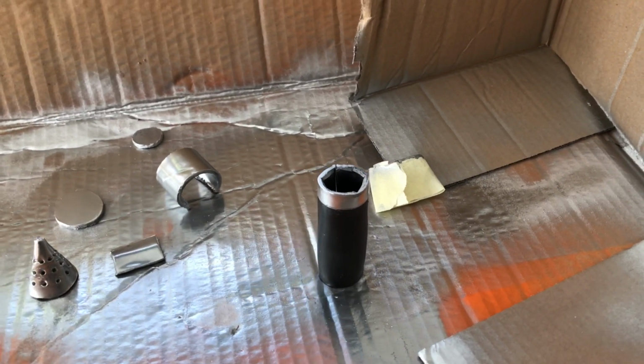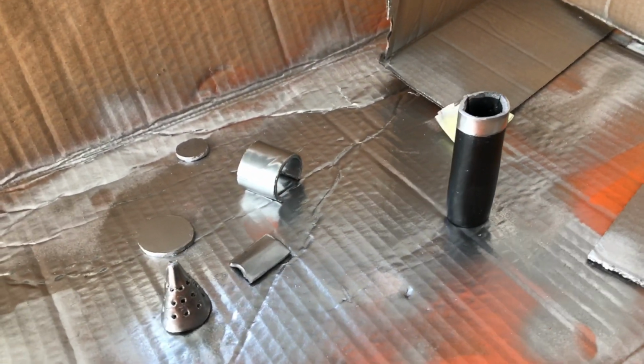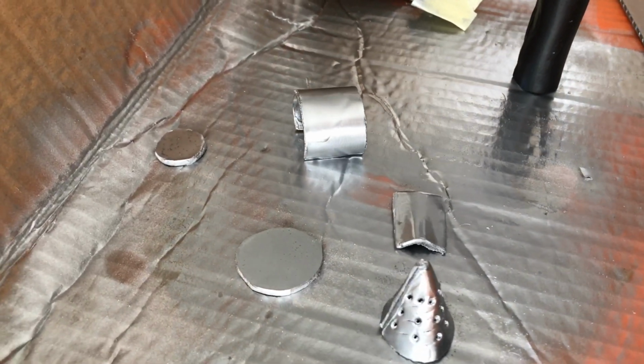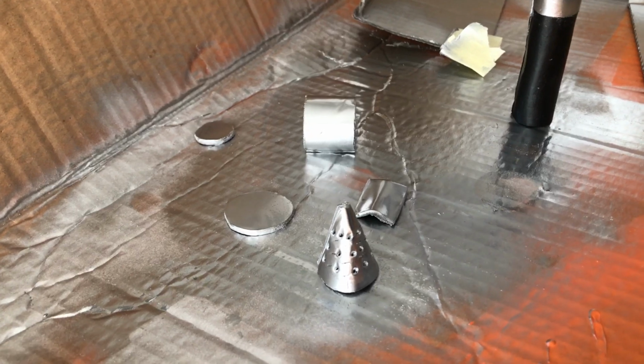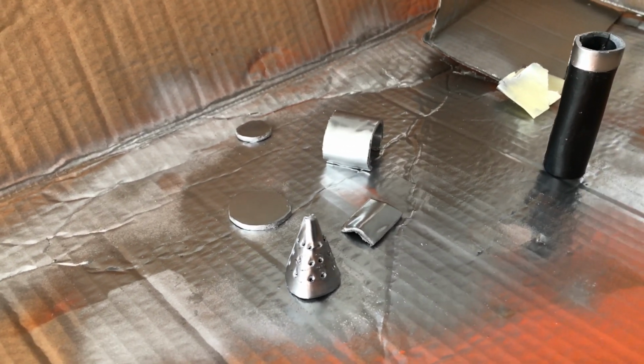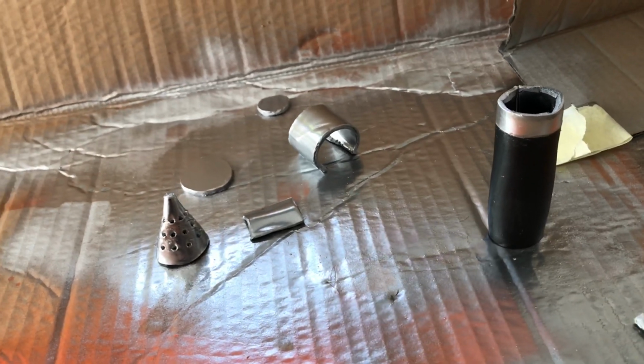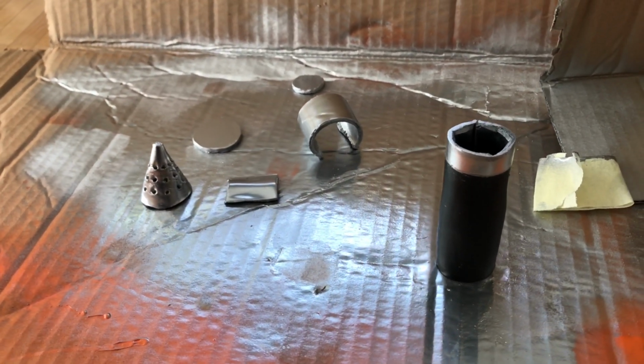During the second coat, I also spray painted a tiny ring around the main cylinder piece, just for the accent. I really like how this paint turned out. It's not super shiny, but it does have that metallic feel. If you decide to spray paint the cone, spray paint it upside down so that the paint doesn't get inside